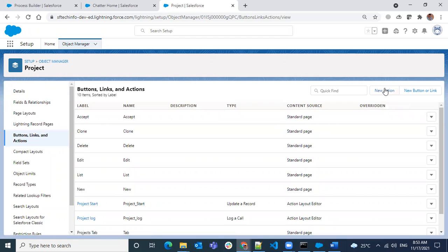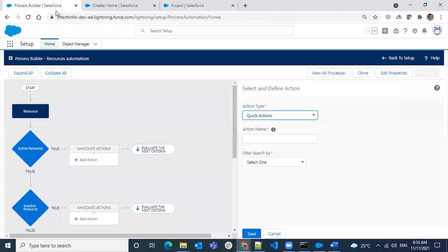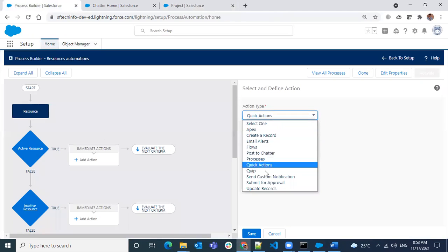Here you can create a new action. You have custom actions here for this object called resource. You can add all these quick actions over here. Quip is also a similar kind of thing that we have seen in the Lightning app builder. Once we configure that, we can also do it with the process builder.